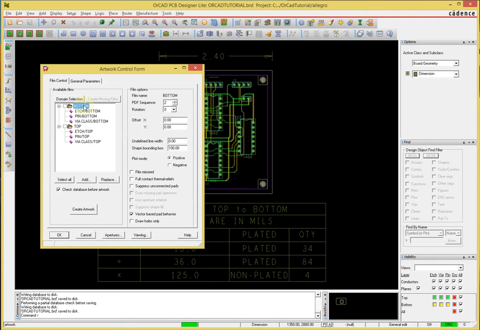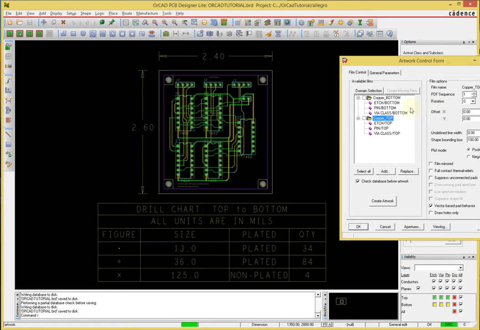Since bottom is not very descriptive, just click on the name once, and let's call it copper bottom. Then click on this once, select it, click on it again, and name it copper top. So these are going to be my copper layers, and if you right click on the layer and say display for visibility,